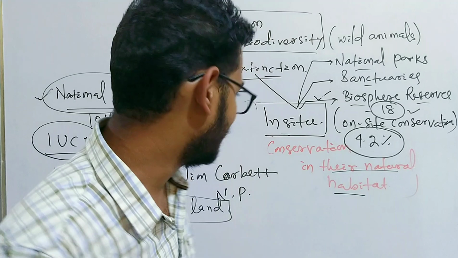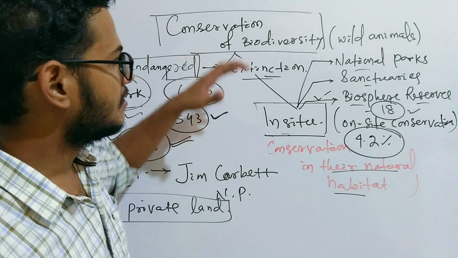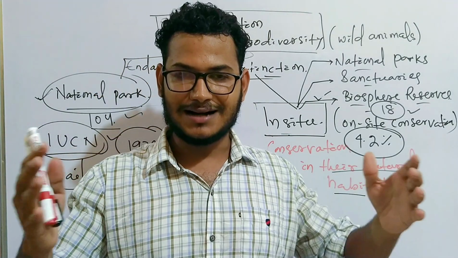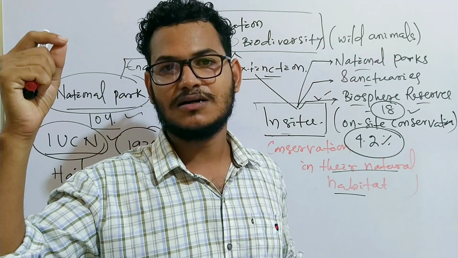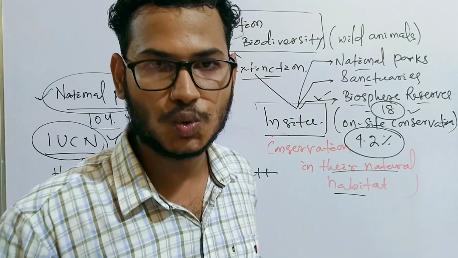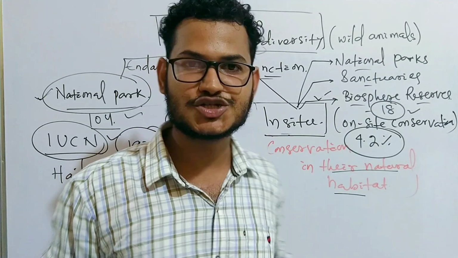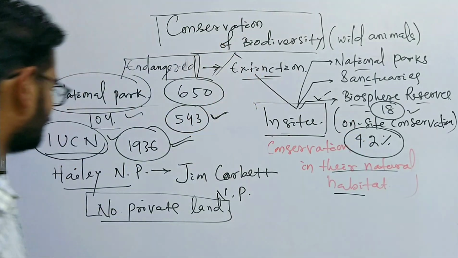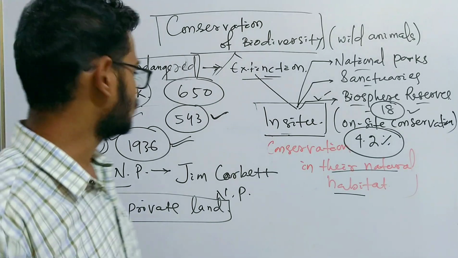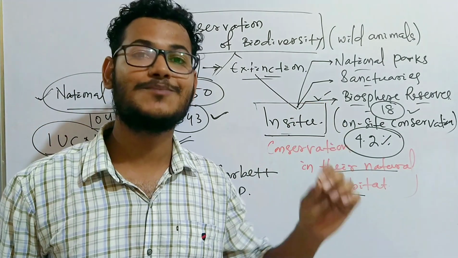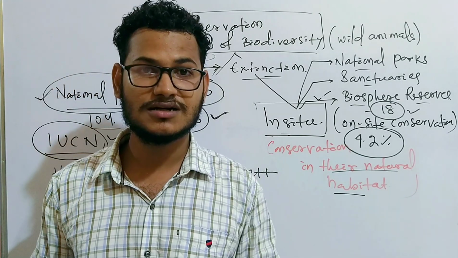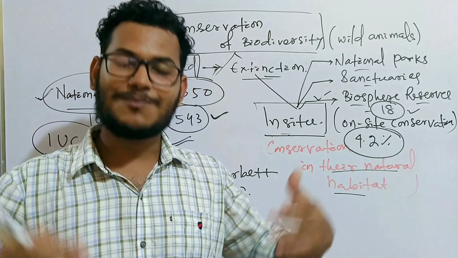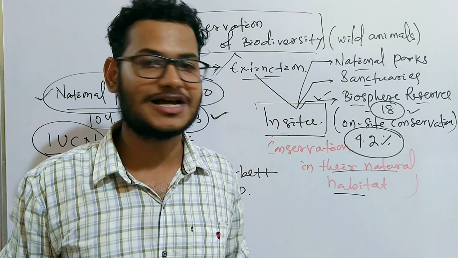So national parks are the most developed land, which is not permissible to any human beings or any private occupation, right? So national parks are highly protected areas for the security, development, growth as well as reproduction of